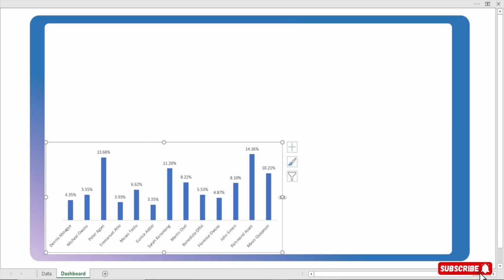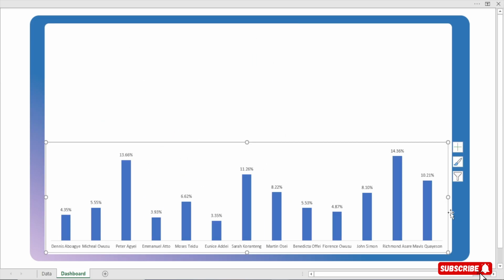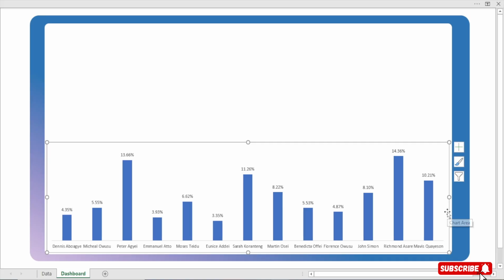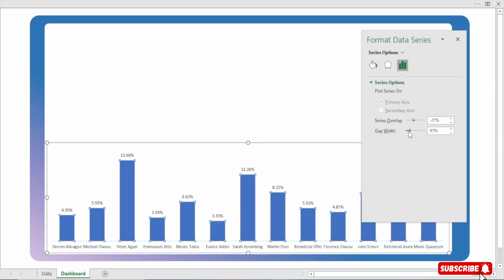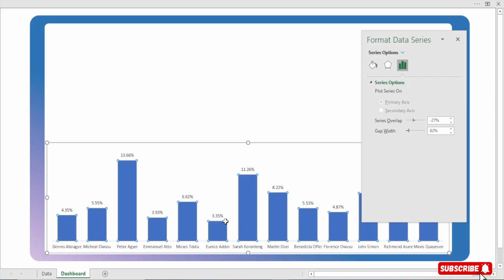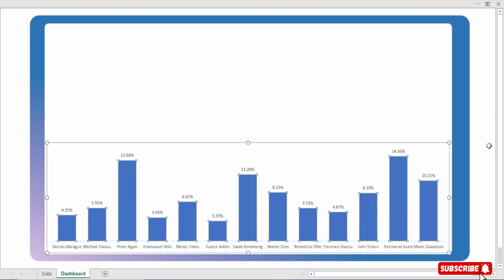So I'll come here, drag it here. Do you see what I have here? Perfect. Now we are making progress, right? So I'll select this, Control 1, and then I'll reduce the size to maybe increase the bars, right? Increase the bars. So let's do something like 70. Do you see that? Perfect.